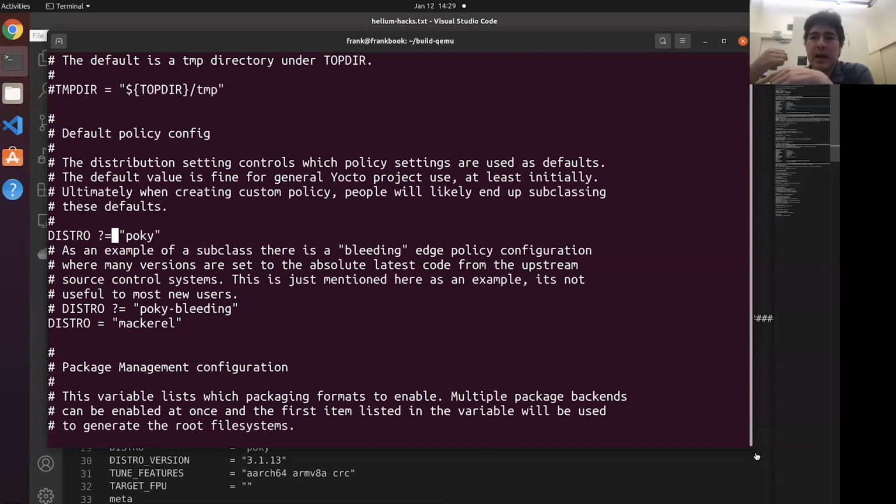It will take care of deploying and installing your latest binaries onto the device, and then you can go in and do your testing and debugging on the device using devtool,